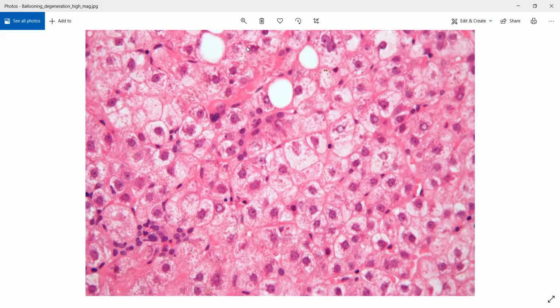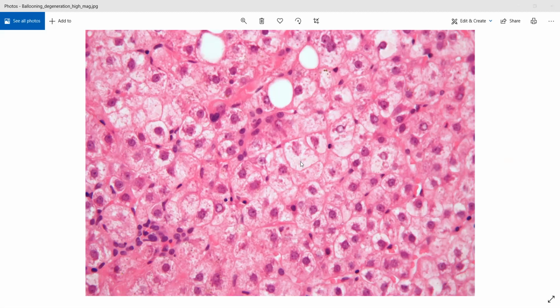Along with that, you will see acidophilic degeneration occur, and you will see a lot of eosinophils invading the hepatocyte. Okay, because of injury, there will be a lot of eosinophils entering into the hepatocyte, and eventually they will cause acidophilic degeneration. Eosinophils will start getting disintegrated, and they themselves will start causing acidophilic degeneration.